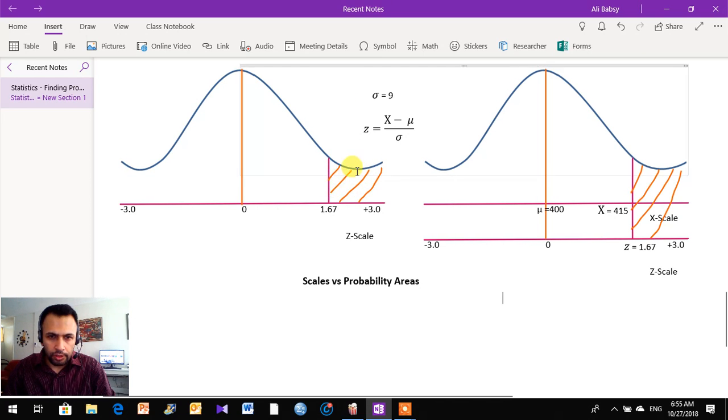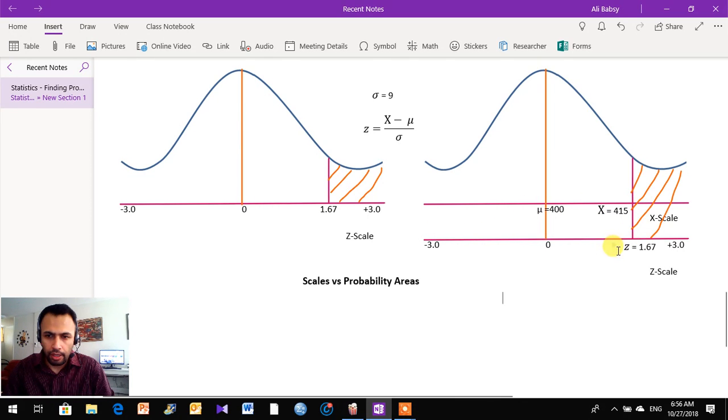Now this area I have shown in orange lines. So these orange lines are extended here because they have to touch the z scale, just to show that the area on the left hand side seems smaller, but actually this area and that area are the same. I just introduced the x scale in between, so we can transpose the values of x and mu on the